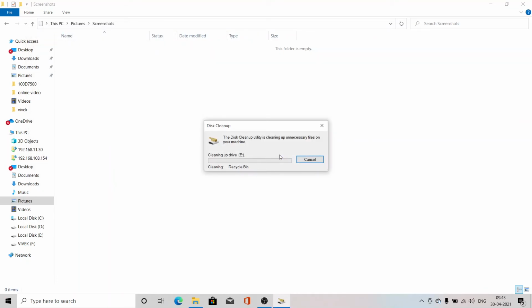It will clean. Sometimes whenever we delete any files from any drive, the space is not freed because the files are stored in the recycle bin, so space is still occupied, only the file is not present in that drive. So if you want to clear your space also, you should use the Disk Cleanup option.